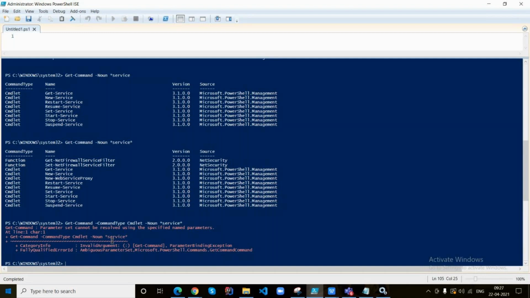Okay, it is getting an ambiguous parameter set error. That means this kind of sorting is not supported.